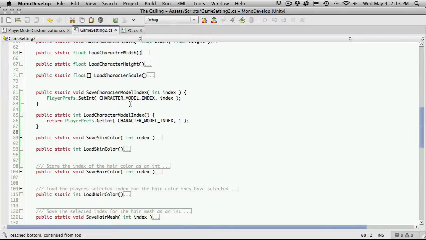It's the exact same as all the rest of the save ints. I'm calling playerpref.setInt, and then I'm just grabbing character model index, which is the constant I defined up top for the name of that key, and of course the index. And the same thing for the loading. I'm just going to return whatever it is there, and by default, if there is nothing saved there, it returns